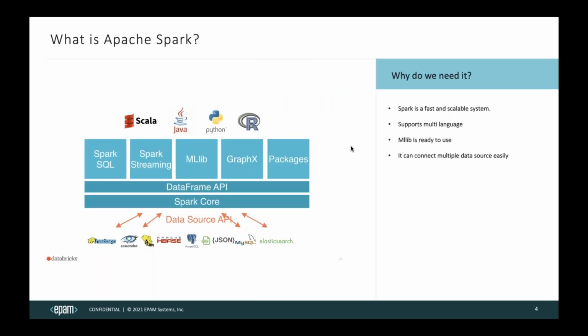Okay, so I would like to start with Apache Spark, and I promise it will be very short. So basically, why do we need it? Spark is fast. When I say fast, I'm comparing with Hadoop, the legacy system. It is like 100 times faster than Hadoop because it is able to do the processing in memory. And the most important feature for us is that it supports multiple languages. I mean, we can code with Scala, Java, Python, even with R. And machine learning libraries are ready to use for Spark. So you don't need to implement some algorithm, some fancy stuff. It's already there. You just need to get it and use it.